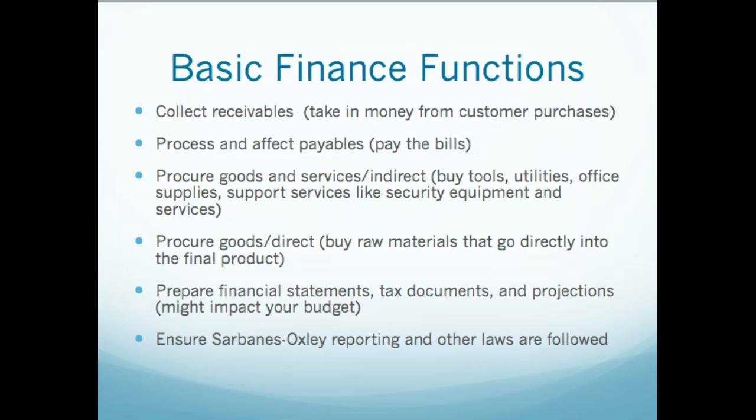Sarbanes-Oxley is an act of Congress, and it basically says that companies need to keep certain records and be able to produce those records so that everybody's accounting is the same. There was certainly a great deal of misbehavior in, I would say, the late 1990s when you look at WorldCom and several other companies, Enron, that did not have their books in order, right? Investors and others were not able to look at their reports and say, this is a good company to invest in or a bad one, and both of those ended up being very bad. They both took a lot of investor money and a lot of money out of pensions for their own employees.